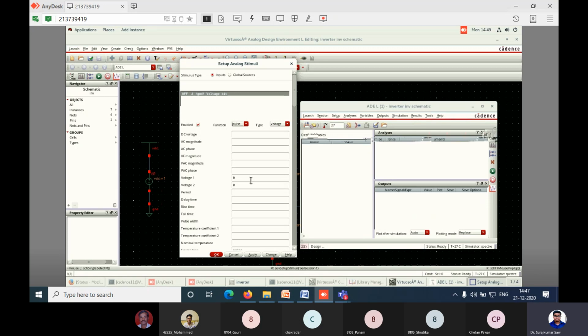In this circuit, we have to provide some input to check the output. Here the input is A, and we are providing the function as a pulse. That is a continuous pulse function, nothing else. In the pulse function, one is low voltage and one is high voltage. The low voltage we assign as 0, and the high voltage we assign as 1. Why 1 volt? Because the maximum supply we have given here is 1 volt. Let us assume we had given the maximum supply as 1.2 volt, then we would take the higher voltage as 1.2. But here we have given the maximum supply as 1, so we have taken 1. All of you clear?